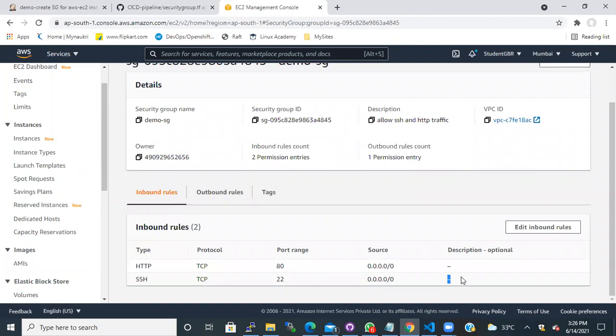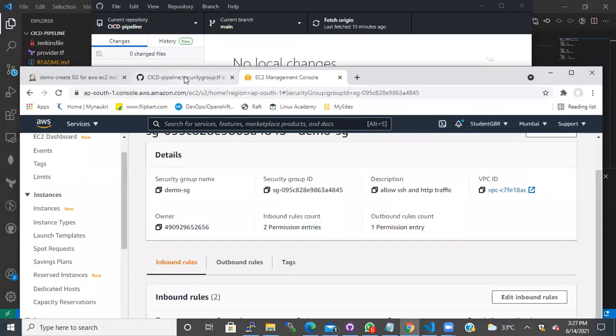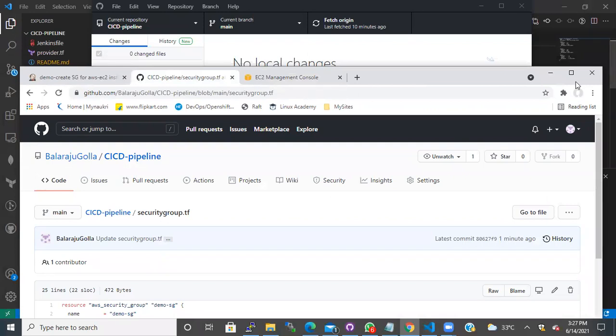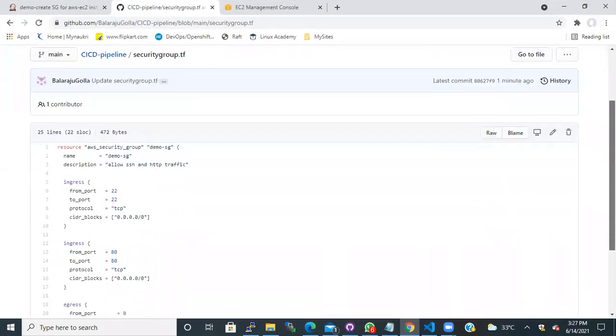Maybe next time I'll take up a big topic, the ECS cluster. Maybe I'll try to set up the ECS cluster end to end on Friday. I'm still not great at Terraform, but I know where to make the changes, how to make the changes, and what happens if I remove something like that.